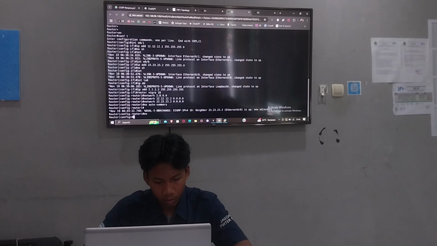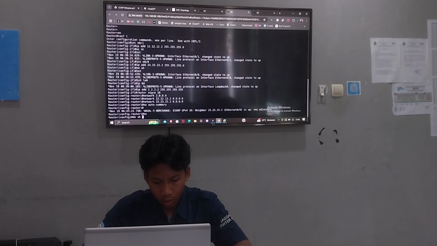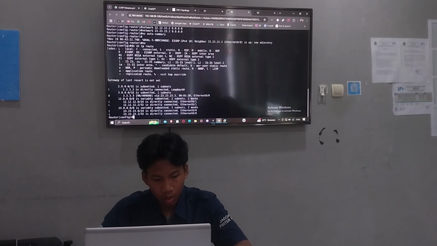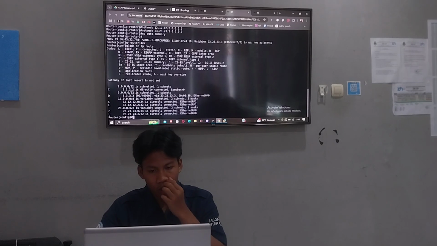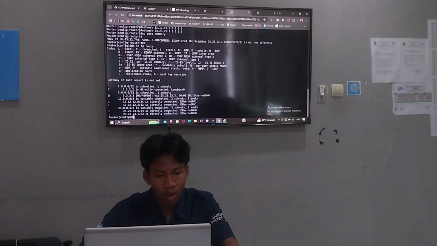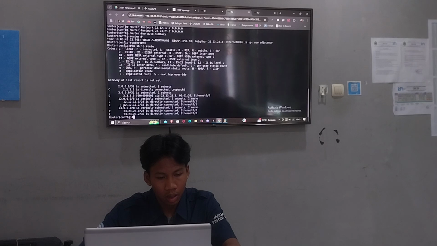Exit first, do show ip route. Okay, as you can see, router 2 already has the IP address and network, because we already gave the IP address before.